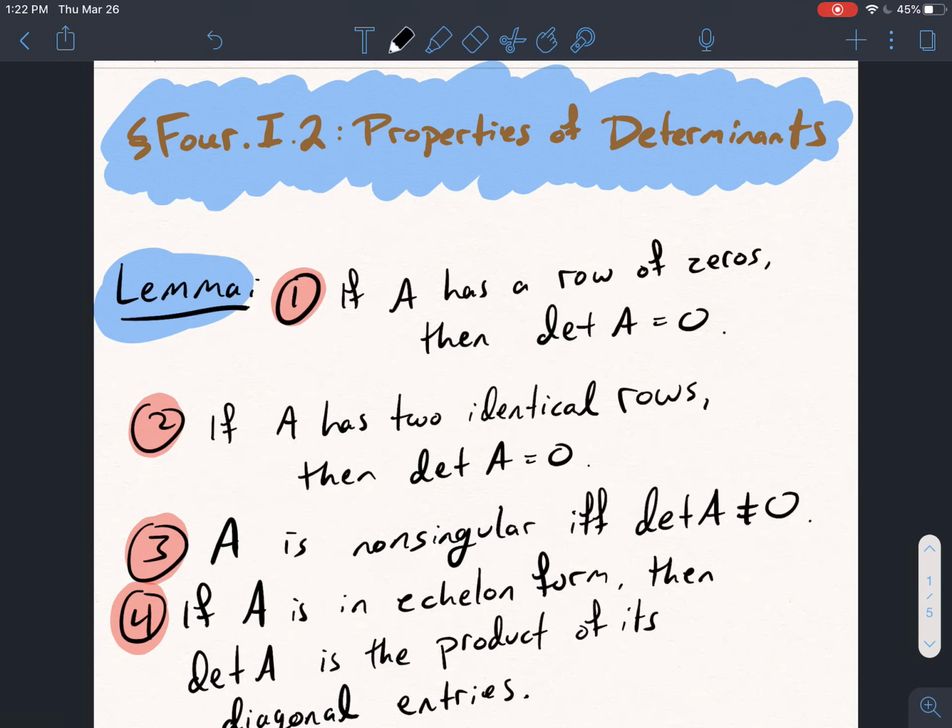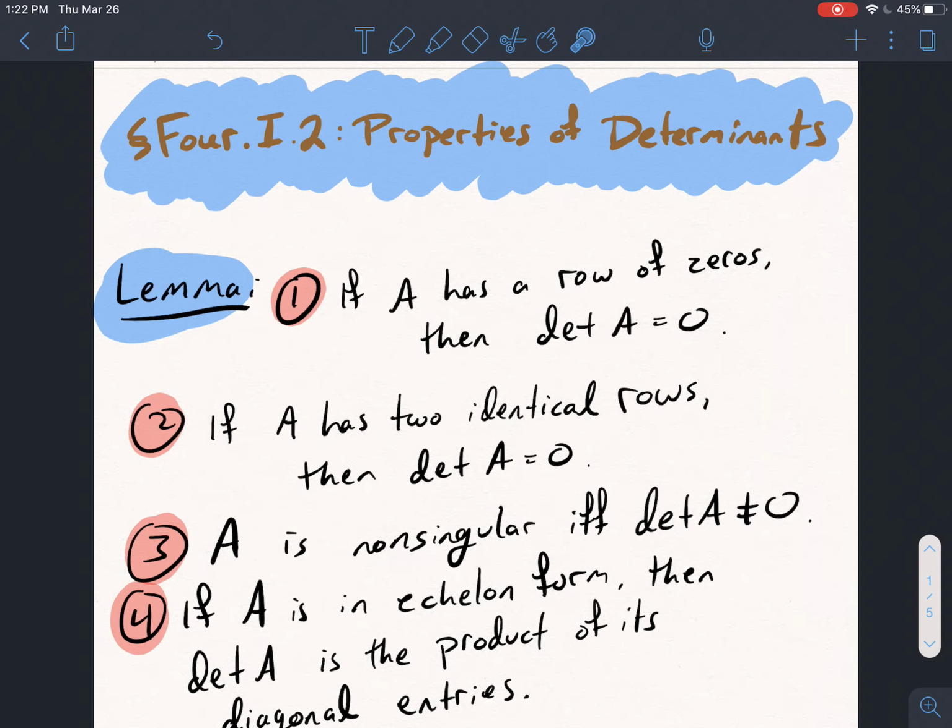Part 1 says that if A has a row of zeros, then its determinant must be 0. Part 2 says that if A has 2 identical rows, then its determinant has to be 0 as well. So 1 and 2 are giving you 2 easy checks to say that the determinant is 0. If you find a row of zeros or 2 identical rows, then that's an easy check to tell you that